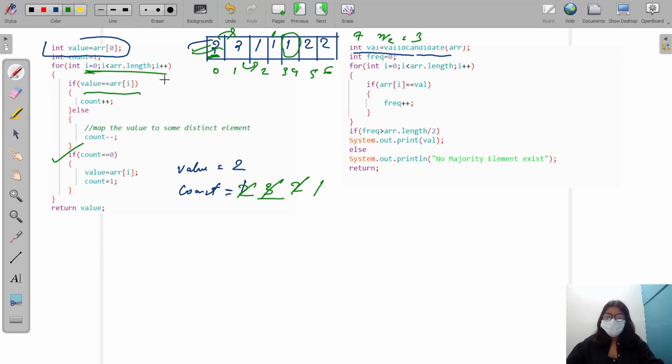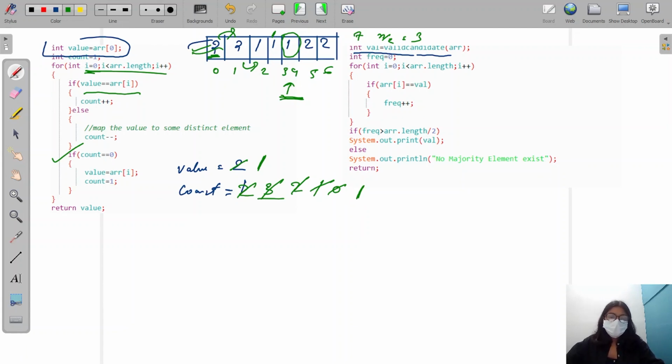My 1 is not equal to my 2, so it is going to decrease my count to 0. Now my count is decreased to 0, so it will assign my value to be 1. Now my value becomes 1 here, and it initialized my count to be 1. So now my count becomes 1 here, right?